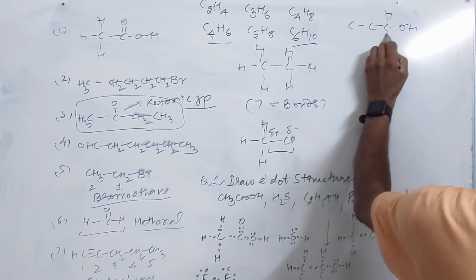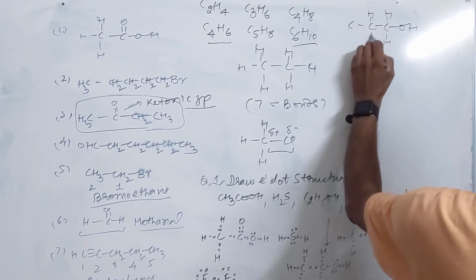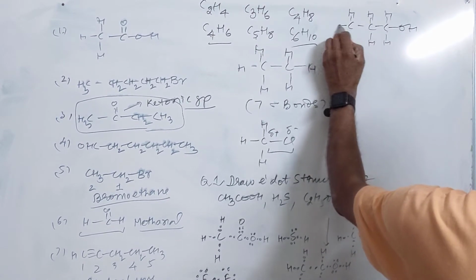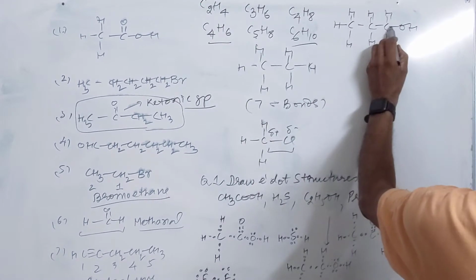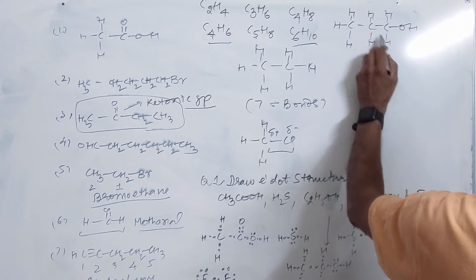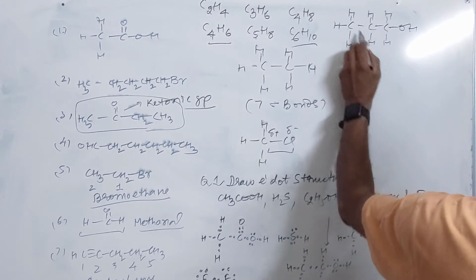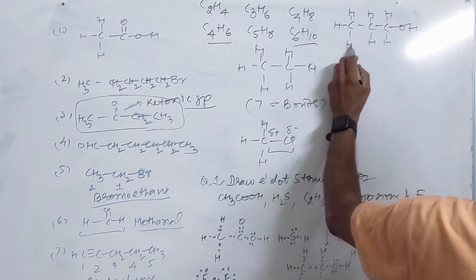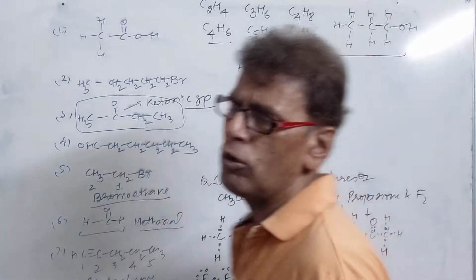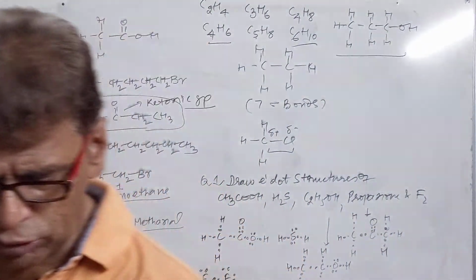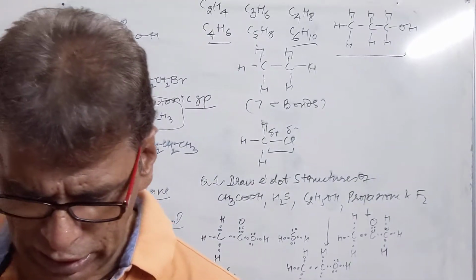Then you satisfy each carbon with hydrogens to make it tetravalent. Carbon is always tetravalent, you have to complete its 4 valencies, dear. Here 2 bonds were formed, I added 2 hydrogens; here 2 bonds formed, added 2 hydrogens; here 2 bonds were formed, 2 hydrogens, or if 1 bond was formed then 3 hydrogens. This is a 3 carbon alcohol which has an OH group. It will show the alcoholic characteristics.